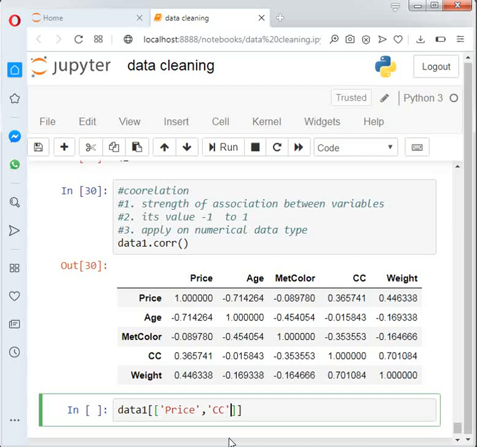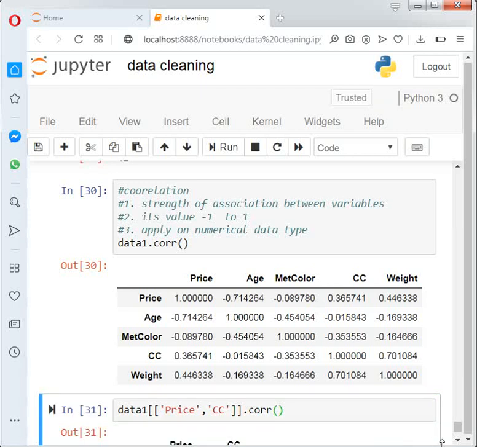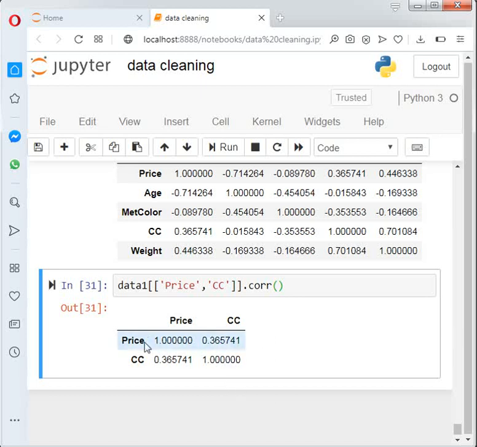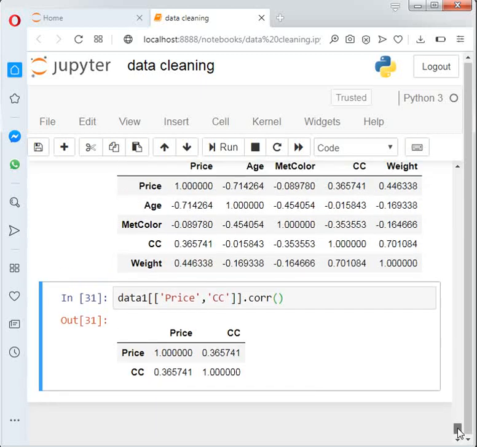So two columns are there, and on these two columns we find the relation. Executed. So we find the relation between only two columns, price and CC. It can be more than two columns, three columns, but we have to use only integer or float data types. We can find the relation by using the corr function. So this is the correlation between two or more variables, two or more columns.